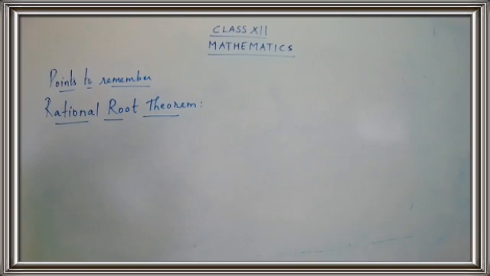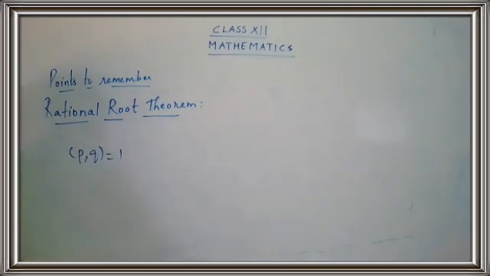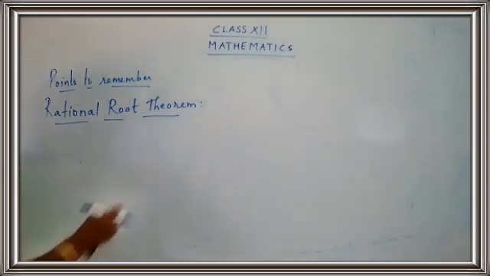With integer coefficients, if p upon q, with (p, q) read as the LCM of p and q, is 1. What is the meaning of (p, q)? It means the LCM of p and q is 1. Is a root of the polynomial, then p is a factor of a_0 and q is a factor of a_n. So let's write down the theorem. You would have started here, children. Come on, go with the theorem.